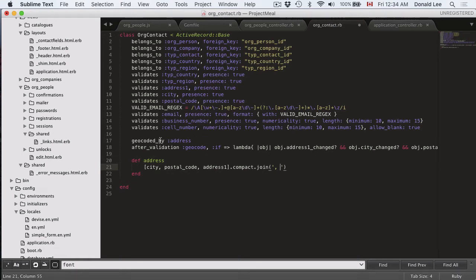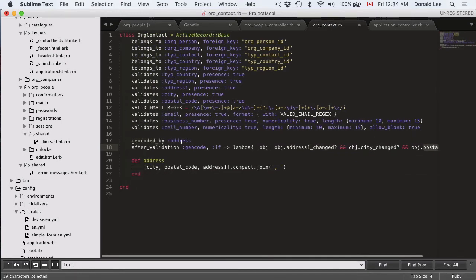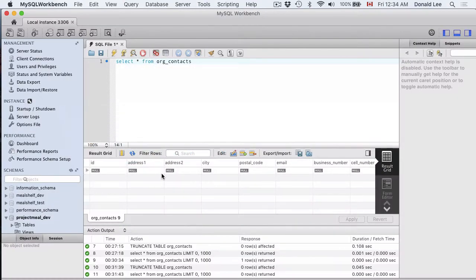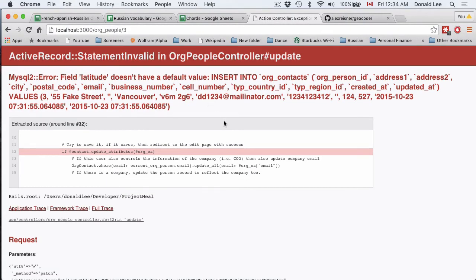We're combining that into one, and we're using this Geocoder gem and its functions to find the longitude and latitude. And what after_validation does is that whenever it notices that your address 1 has changed, or your city has changed, or your postal code has changed, it'll run this function again and do the whole dance of finding your new longitude and latitude. So that's how we got that longitude and latitude value, so that if we go to our edit page and click refresh,